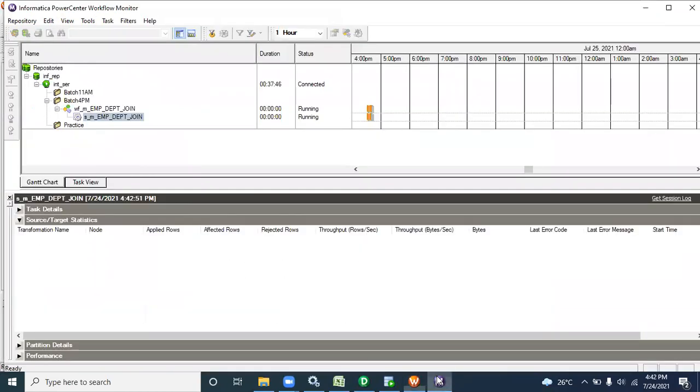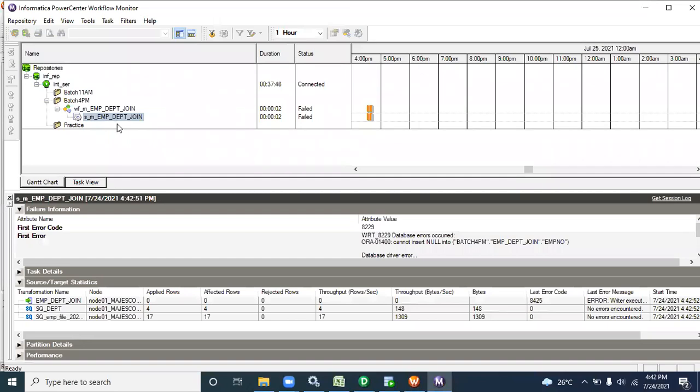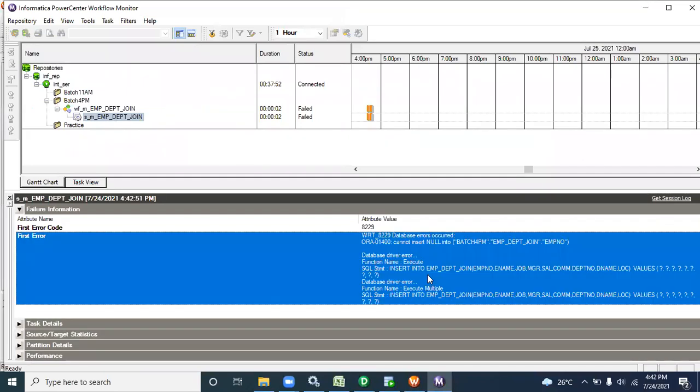Right click, start workflow, then go to monitor. No. What is the database driver? Inserting into employee number, what is the error?